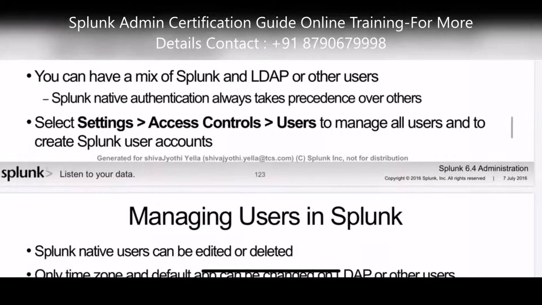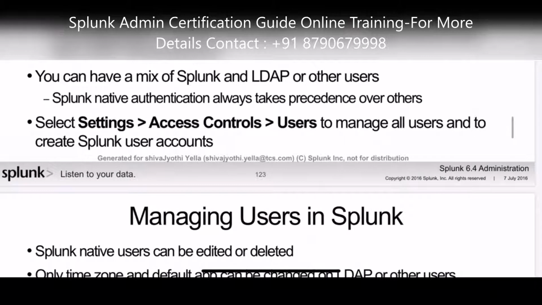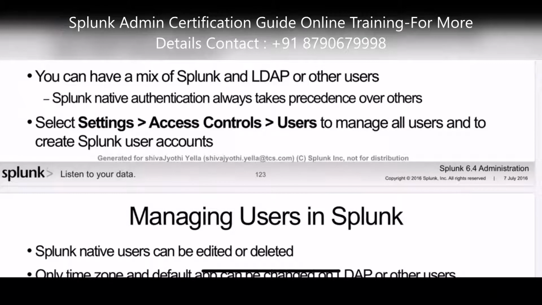If there are the same users with different roles, one created with Splunk native and another with LDAP, and you provide them two different roles, then Splunk native takes the precedence first, followed by the other LDAP roles.